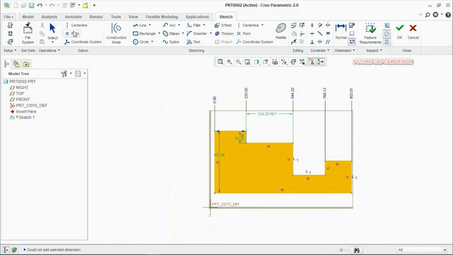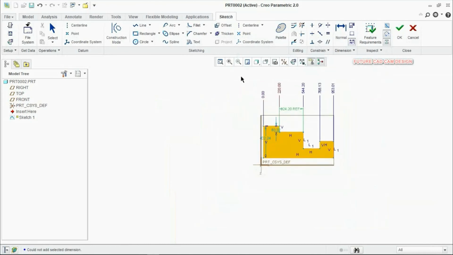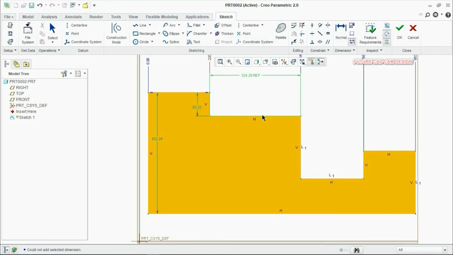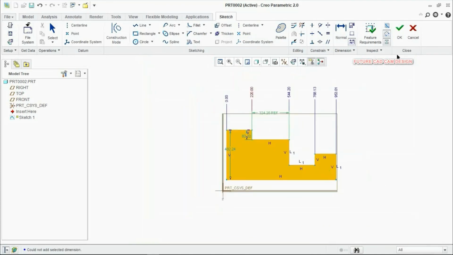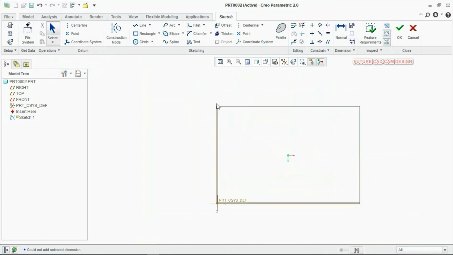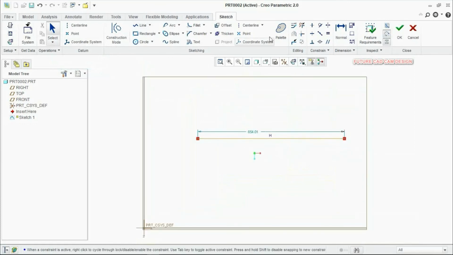So I think most of our tools we have discussed, and here some of the tools are constraints. Constraints means, for example, here you can see I have a single line. We will make a new sketch. Select all geometry and then delete. So I am making a line. No need to divide. We will give one point. So this is a line. I am going to make a point here, but the point is not in the center position. So we need to move this point to the center position. At that time we can use the constraints.